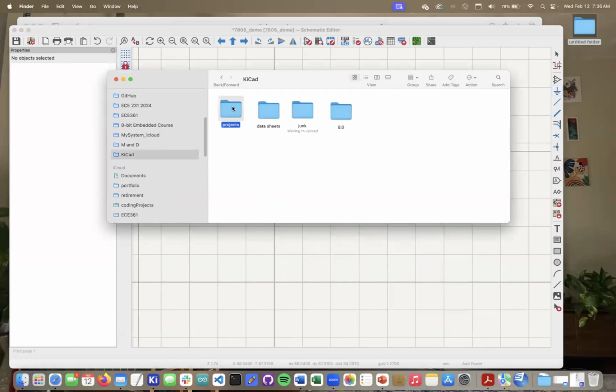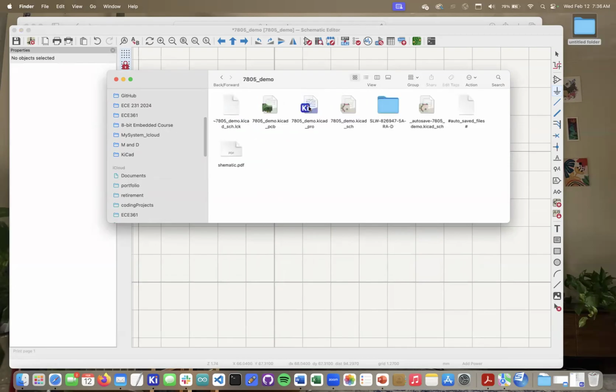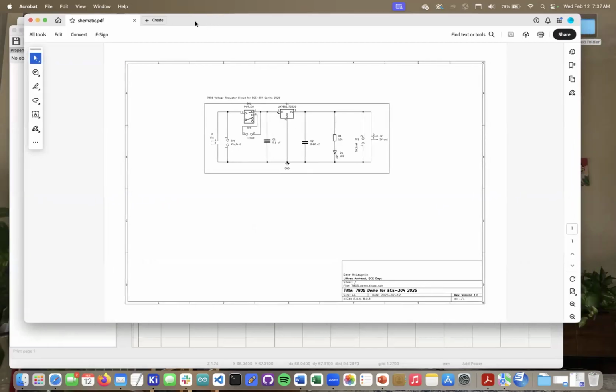ICAD projects. Okay, schematic PDF. So there it is. We could print it out, but this is the schematic that we've just captured. Now, what's important here is the identification of all the components and all their interconnections. Those are called nets, and that's really what matters here in terms of making our printed circuit board